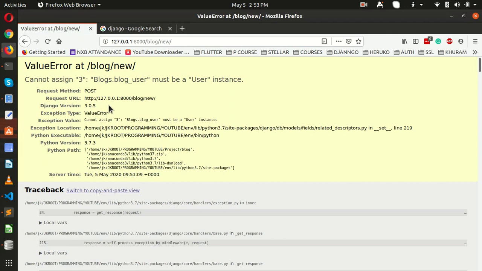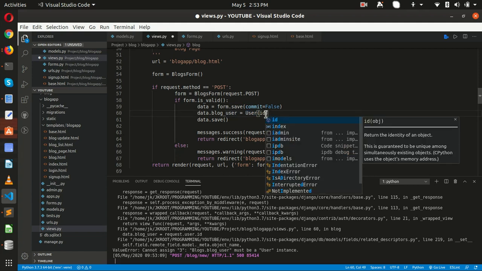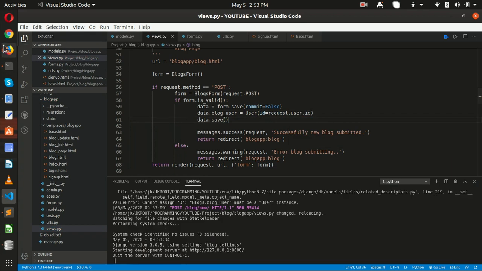A blog user must be a user instance. Okay, for that we can use the user model, as we have imported it. Inside that we can just try id is equal to request dot user dot id. So this will be a user instance.